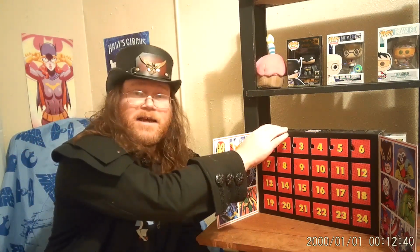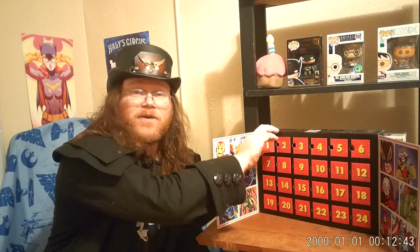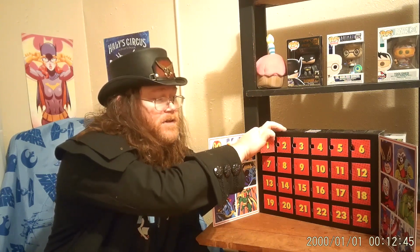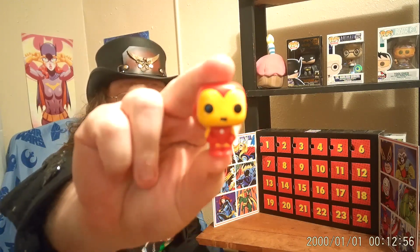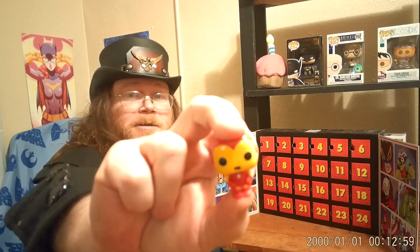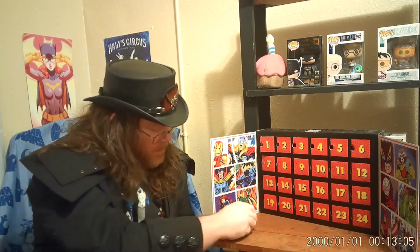And we shall go with the first one, seeing as how it showed up first. So for December 1st, what was there was the Iron Man. Little tiny Iron Man from Funko Pop. And yes, they're cute, they're adorable, I love them. But the first of the DC